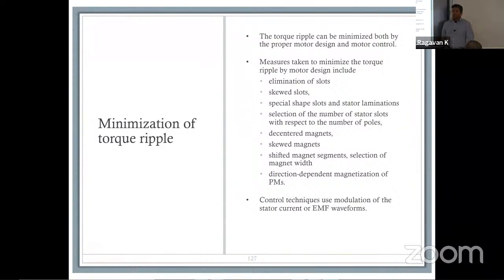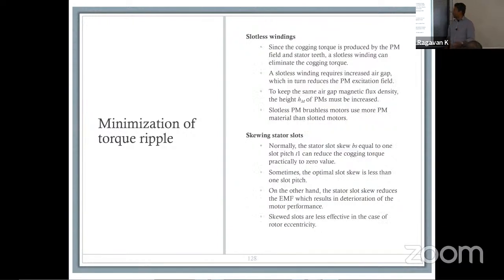You can have direction dependent magnetization of permanent magnets, and of course you have control techniques. We always have control techniques for reducing torque ripple in motors. You can have options like slotless machines. If you do slotless machines, you are trying to increase the air gap, which can then reduce your